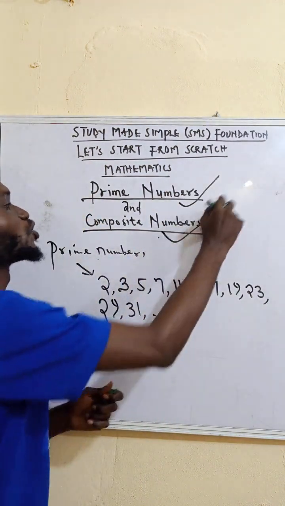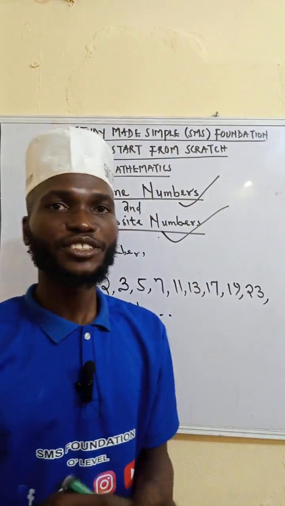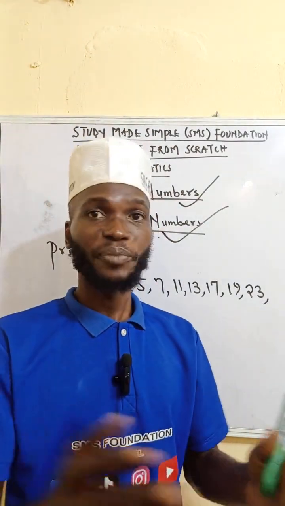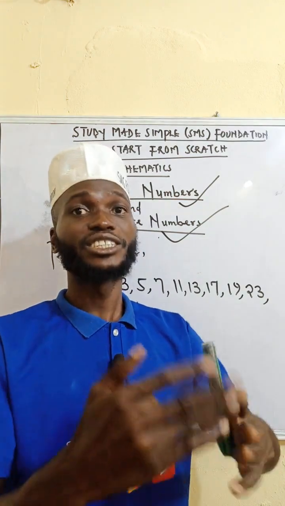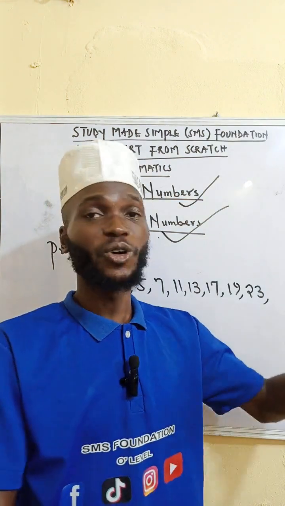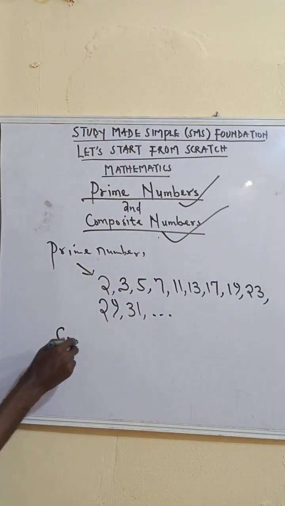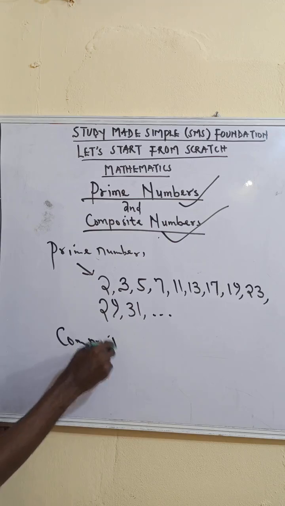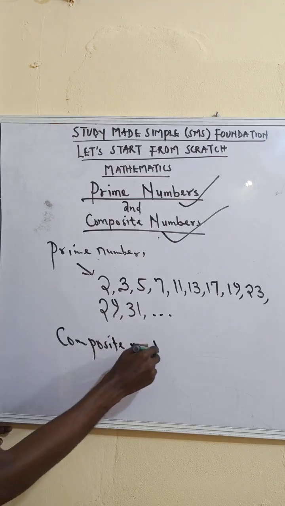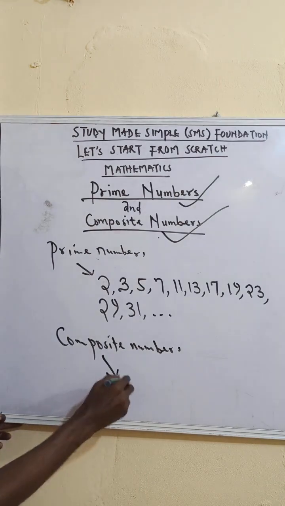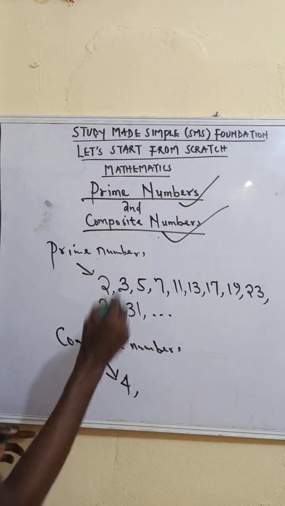Now let's talk about composite numbers. Composite numbers are numbers that have more than 2 factors. It means apart from 1 and themselves, we have some other numbers too that can divide them. So composite numbers. Examples of composite numbers, we have 4. 4 is a composite number. We have